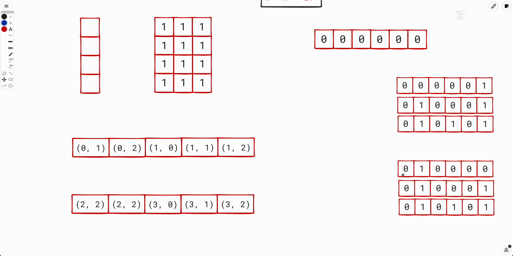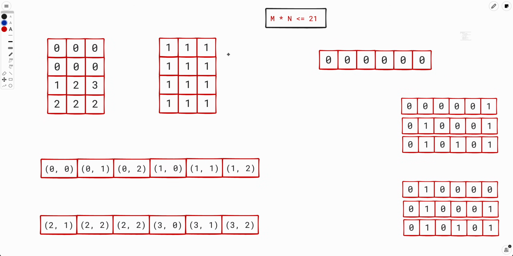Why? Let's look at an example. Let's say this is one possible configuration of size 3 cross 4 where we know that this will be the final answer. So we prepared the 0 array and the non-zero array, right? Now let's say you have filled 3 elements. In the first iteration you picked this element, in the second iteration you picked this element, and in the third iteration you picked this element. So we have reached this particular iteration. What this means is that I have taken the second, fourth and sixth element. Now give me the minimum number of moves in which I can arrange the remaining elements